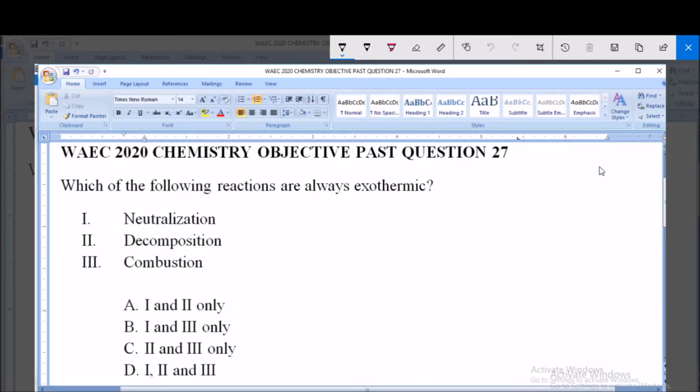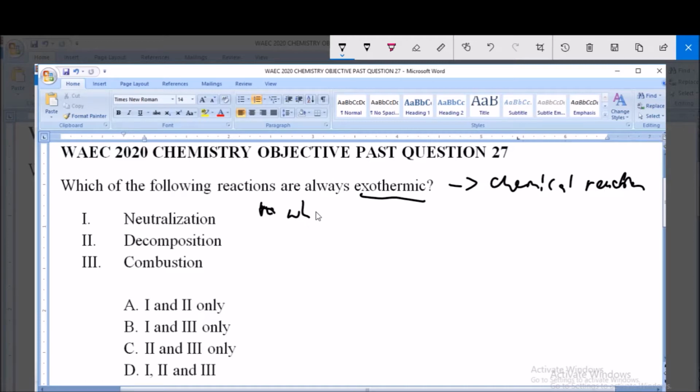Which of the following reactions are always exothermic? So you have 3 reactions listed: 1 neutralization, 2 decomposition, 3 combustion. So A 1 and 2 only, B 1 and 3 only, C 2 and 3 only, D 1, 2 and 3. So the first thing we're looking at here is exothermic reaction, and an exothermic reaction is a chemical reaction